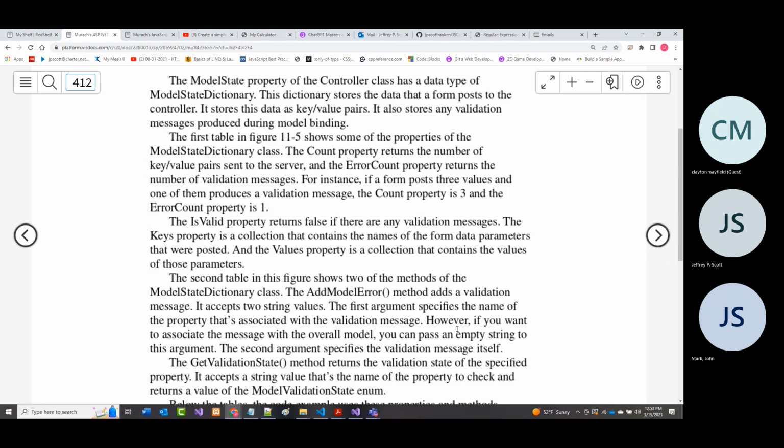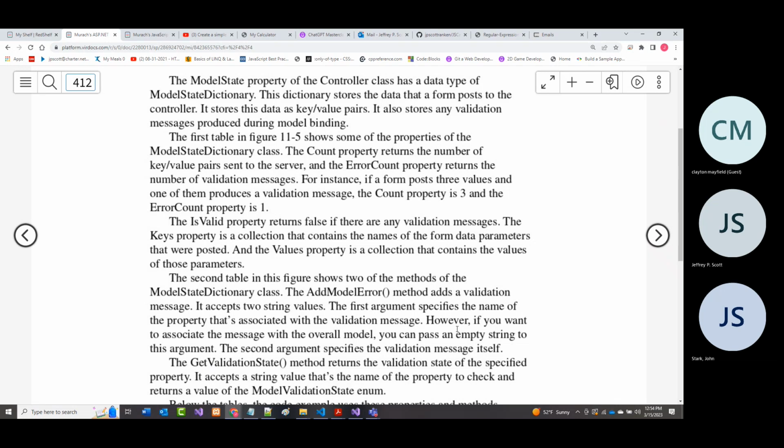Why is that important? Well, it's actually important for a couple of reasons. Number one, if you've got multiple errors, you've got your choice. You can just say error, and you can give a count for how many different errors there are. As it says there, the count property returns the number of key value pairs sent to the server, but the error count is the number of associated validation messages.